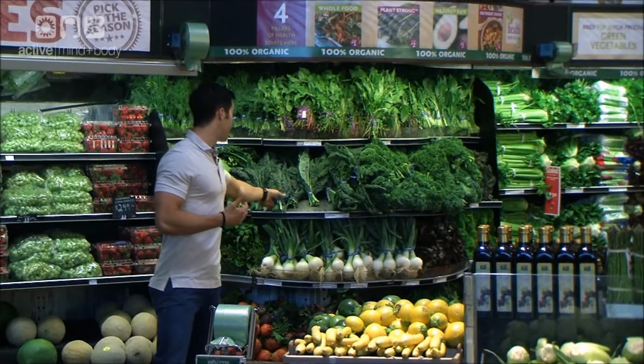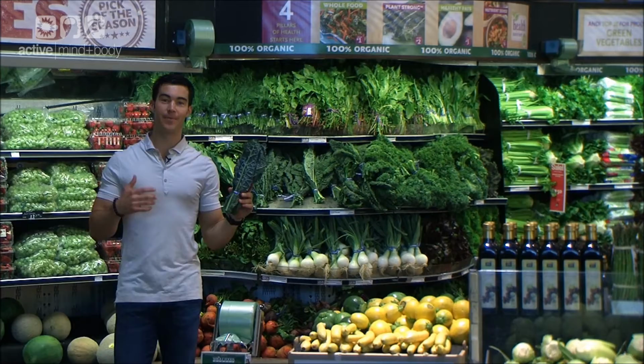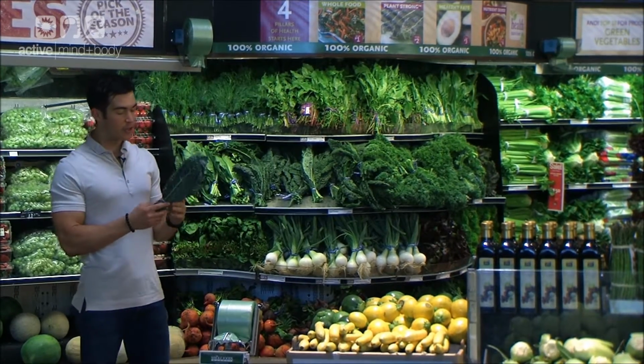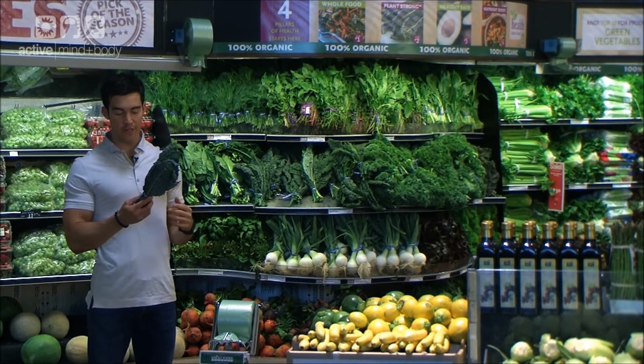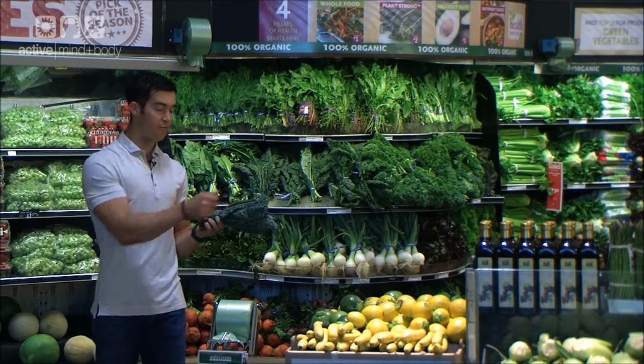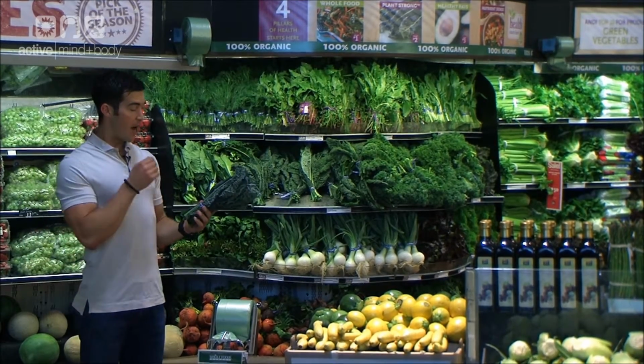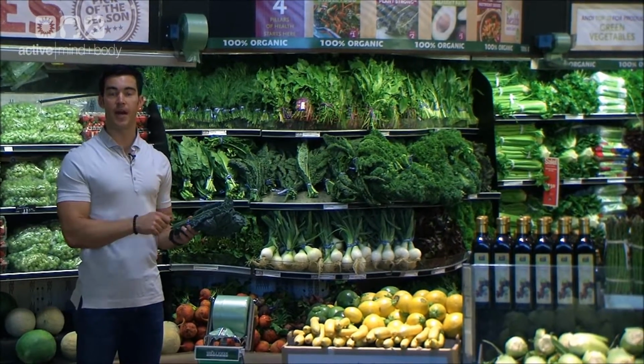We'll start out with the most nutrient-dense granddaddy of all, getting a lot of hype, Mr. Kale right here. So there's probably 10 different ways you can use this. A few of the most common ways that I've been doing is, I'll remove it from the rib and save the ribs for juicing, and then I will either make a salad by chopping it up,